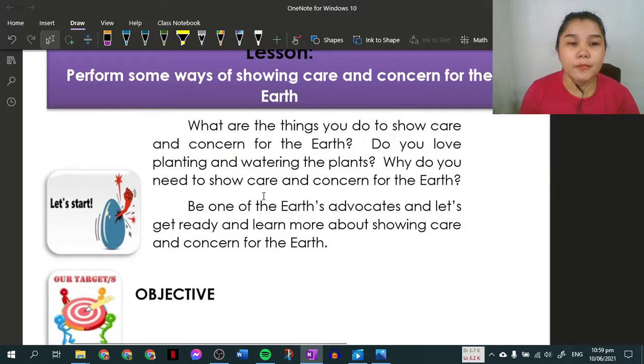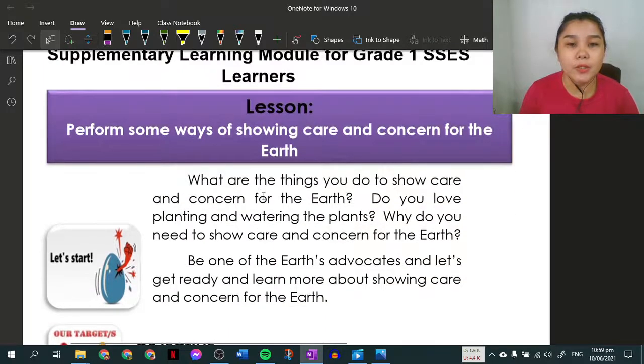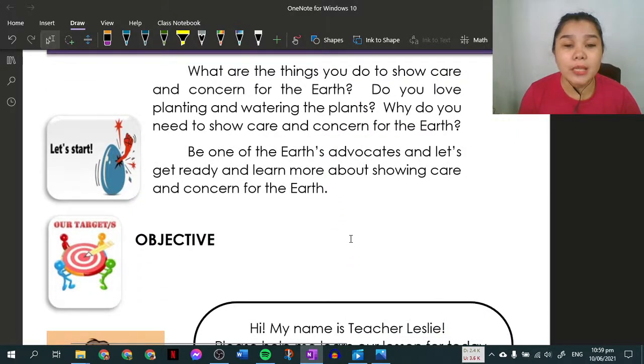So lesson, perform some ways of showing care and concern for the earth. So what are the things that you do to show care and concern for the earth? Do you love planting and watering the plants? Why do you need to show care and concern for the earth? Be one of the earth's advocates and let's get ready and learn more about showing care and concern for the